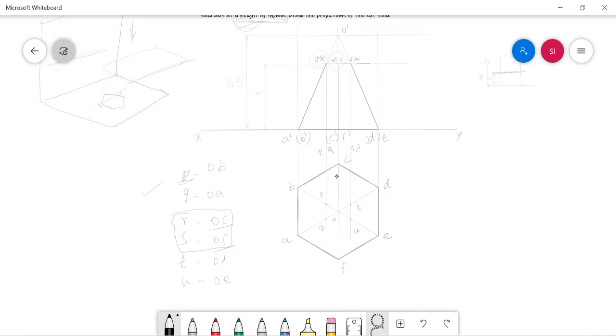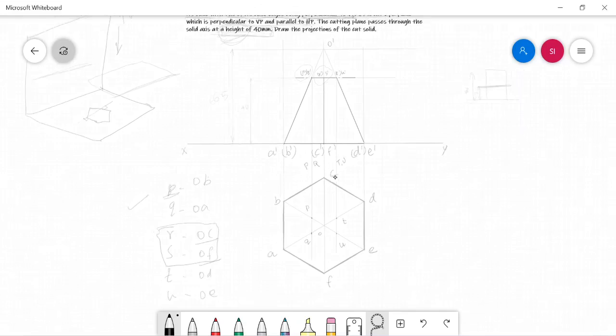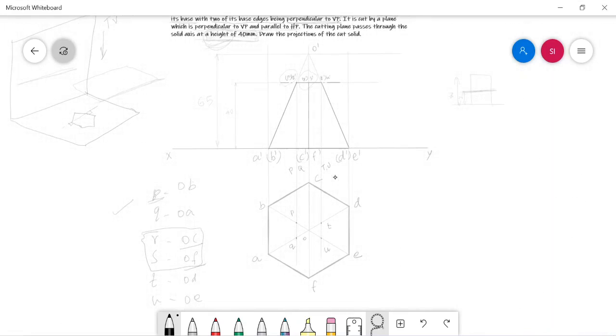So what you can do now is, a separate method is there. By this method, we need to use the compass. In this computer application, I am not provided with the compass, so I will explain how you can do it. You can practice it with your paper. Just understand the procedure. So from the point R in the front view,